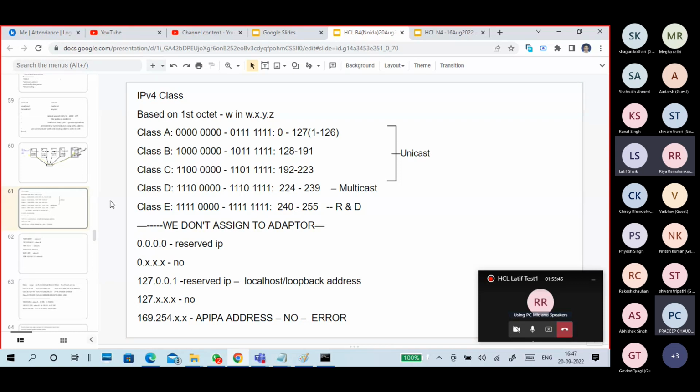And also we don't assign any adapter an IP address starting with 127. The 127 series we don't use. That's why certain textbooks or websites show 1 to 126, but the original range is 0 to 127. Class B is 128 to 191, Class C 192 to 223, Class D 224 to 239, Class E is 240 to